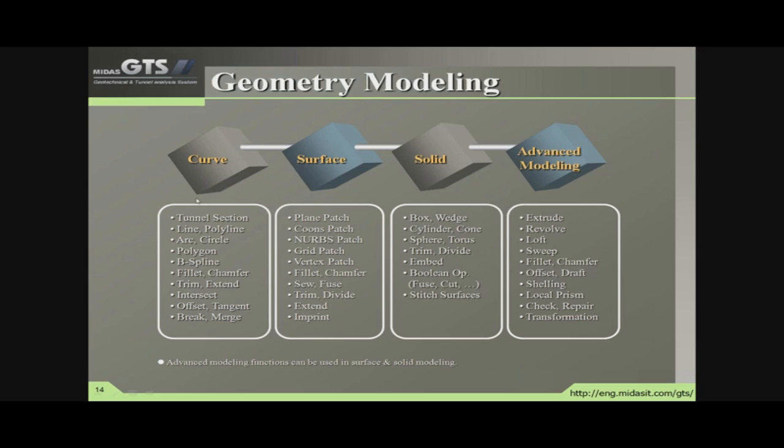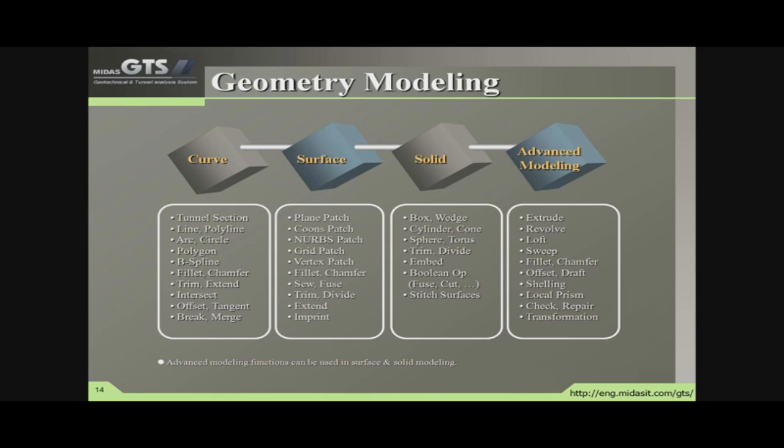You can model the curves, which can be either a tunnel section, a line, polyline, arc, circle, polygon, etc. You can also model a surface, which can be either a plane patch, a Coons patch, a NURBS patch or a grid patch. Then you can also model the solids in the form of box, wedges, cylinder, cone, sphere, torus, etc.